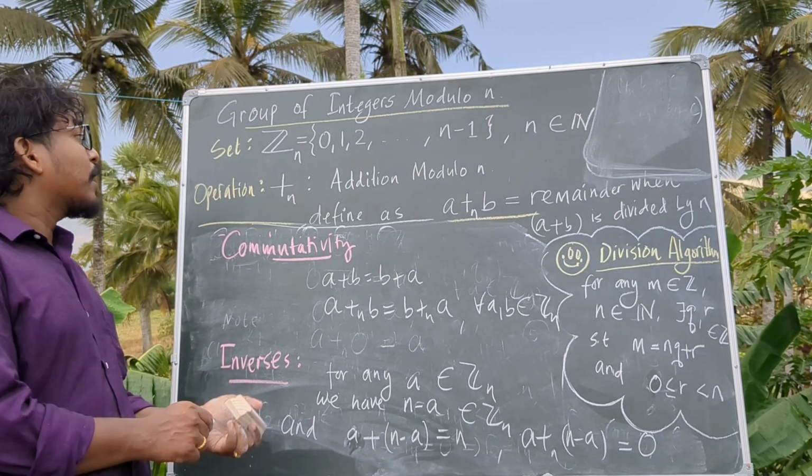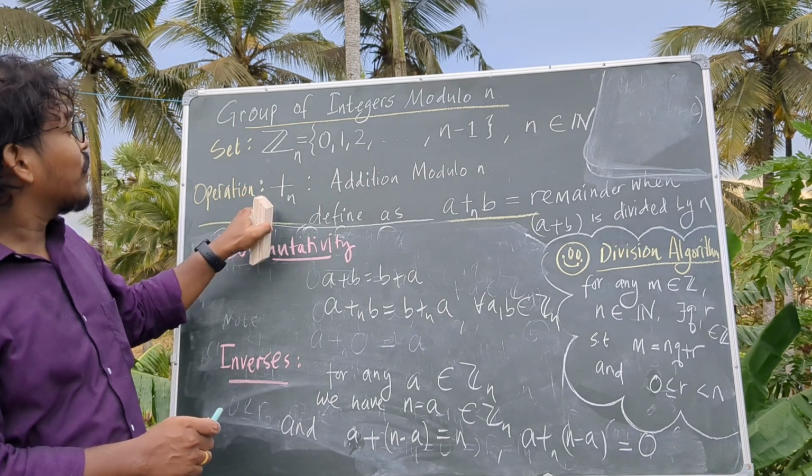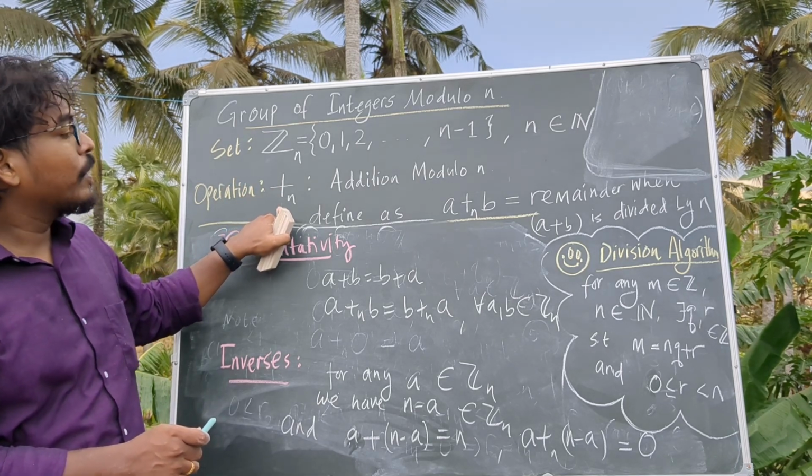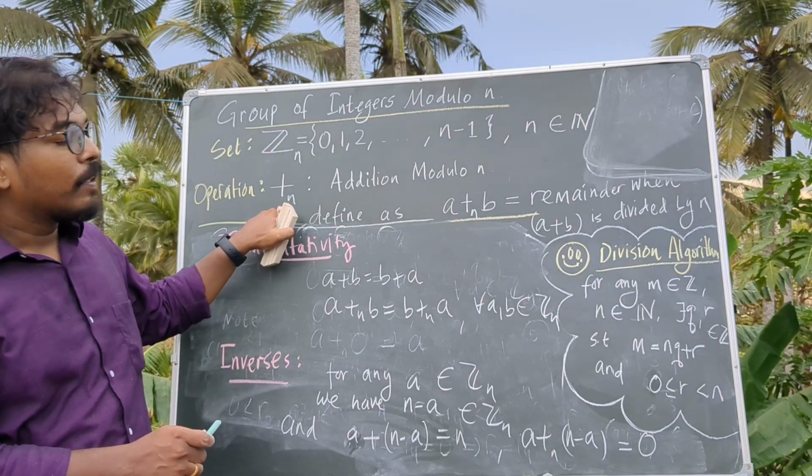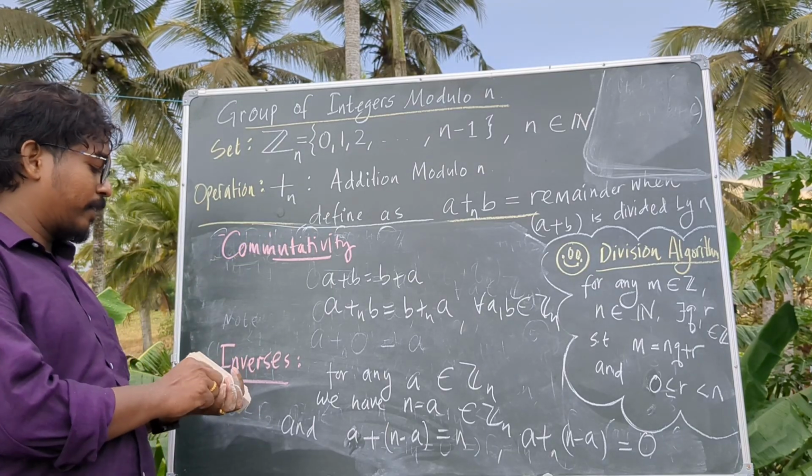So this happy little set under this happy little operation will form an abelian group, and we are